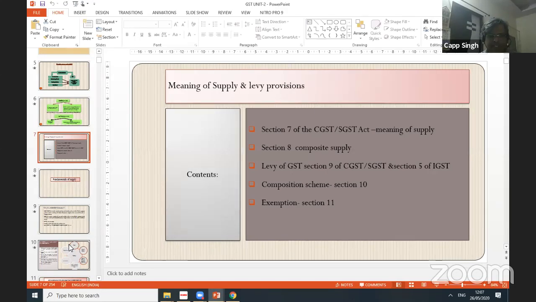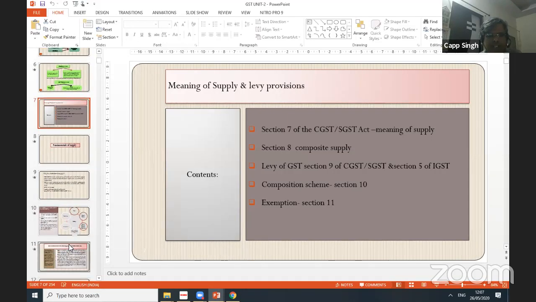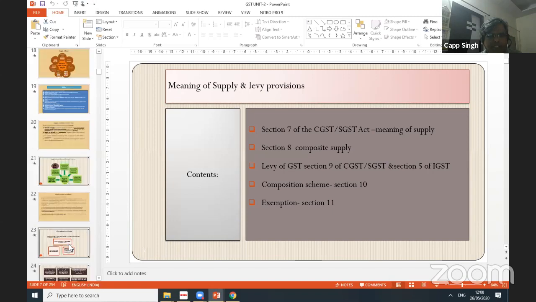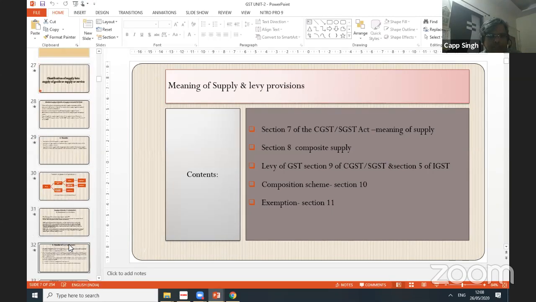Now we have also discussed that jurisdiction is also being simplified, and you have to only interact with a single officer or single group of officers of a single department of GST. So jurisdiction is also simplified. We discussed all of that yesterday, and today we have to discuss mainly the remaining portions of unit